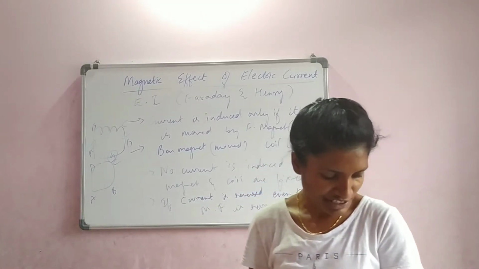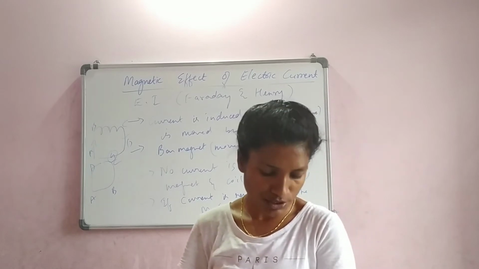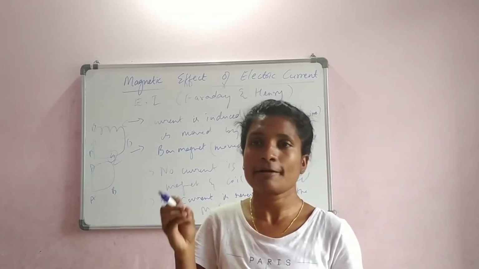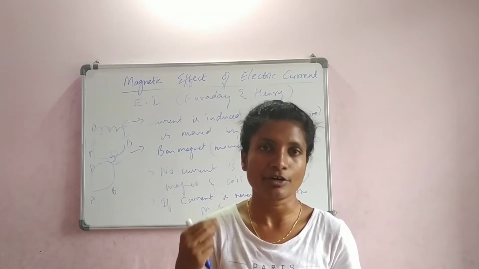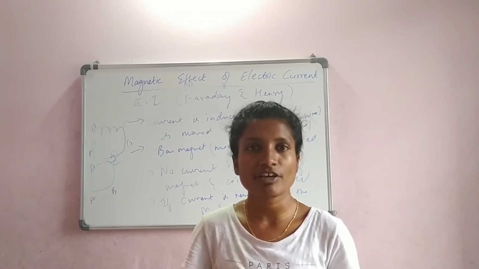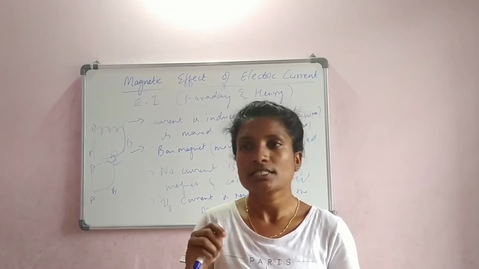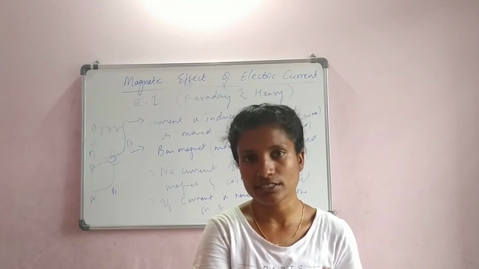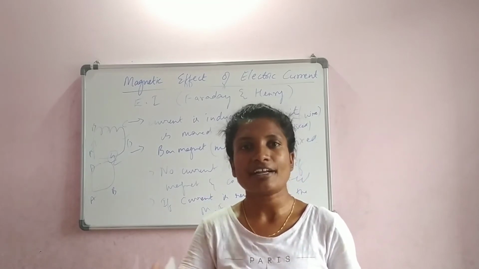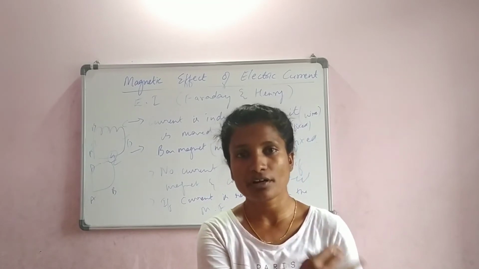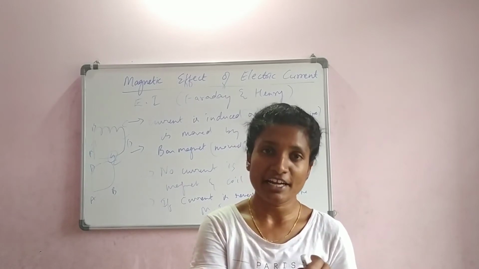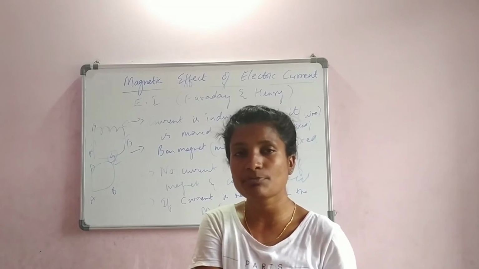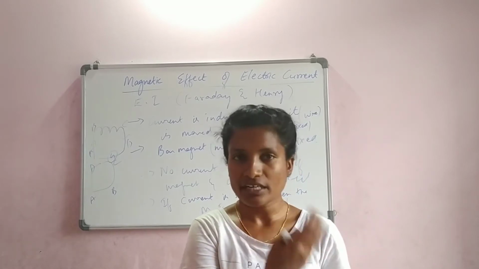Next, the last observation: the magnitude of current induced in the coil can be increased. What is this magnitude I am talking about? It is the number: 1 ampere, 2 ampere, 3 ampere. Let us say we are all generating current. Some people need that current for household purposes. Some others need it for industrial purposes. Comparing the quantity required, the industry people need more current. So they need more magnitude. 2 ampere is enough for household purposes, whereas these people need some 20 ampere, 30 ampere like that.